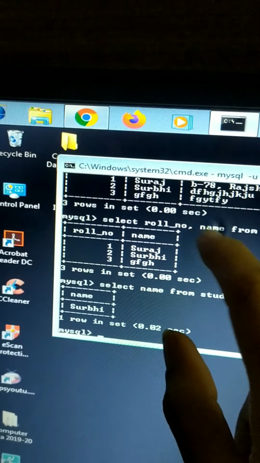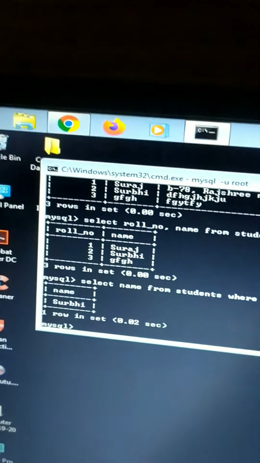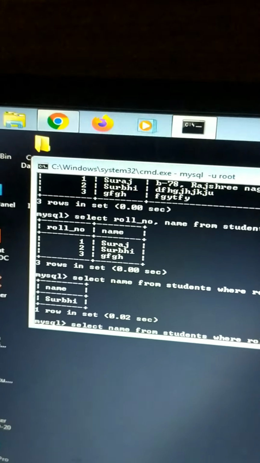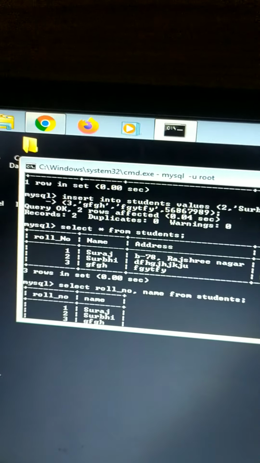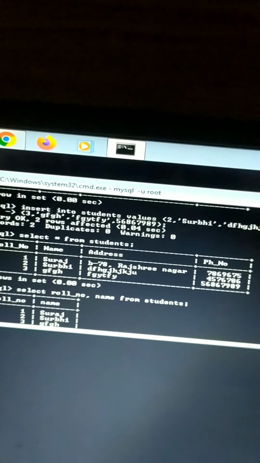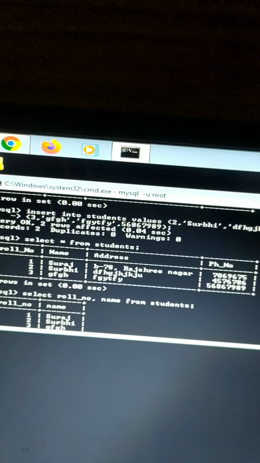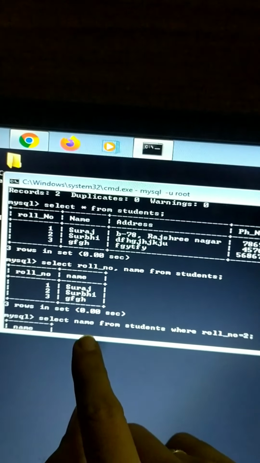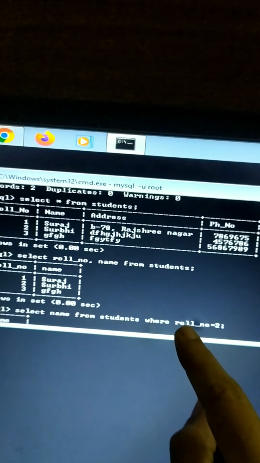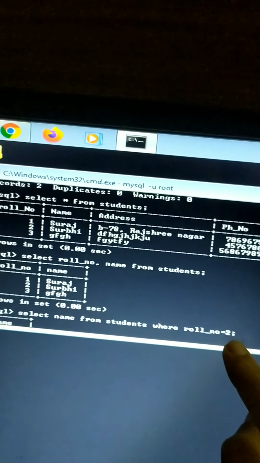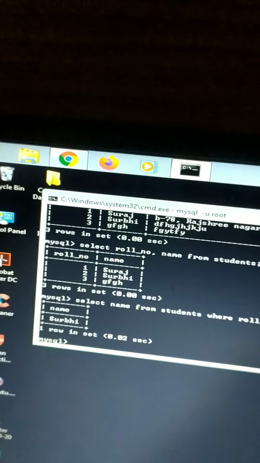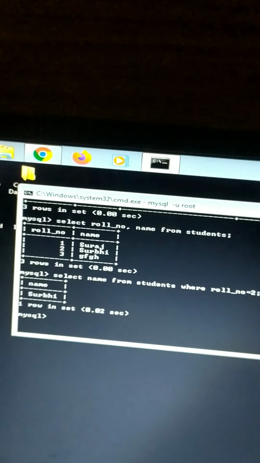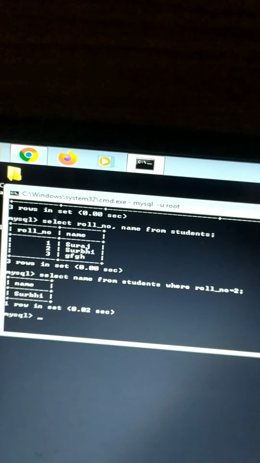Suppose we have one more column in our table, that is activities, suppose dance and karate. We want to see who all are there in dance, the names of the students of dance. So what query will we write? Select name from students where activity equal to dance. So we'll get the names of students who are there in dance. Clear everyone?